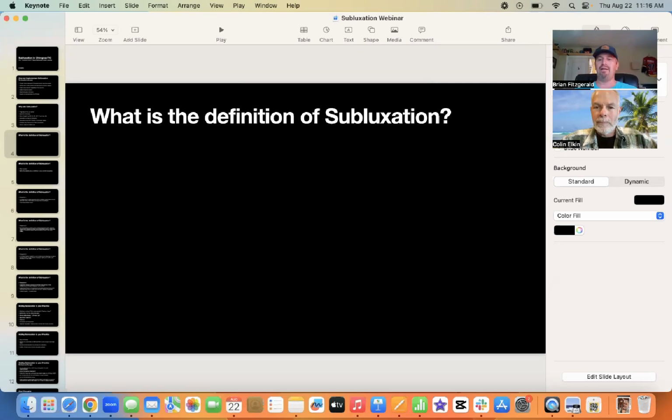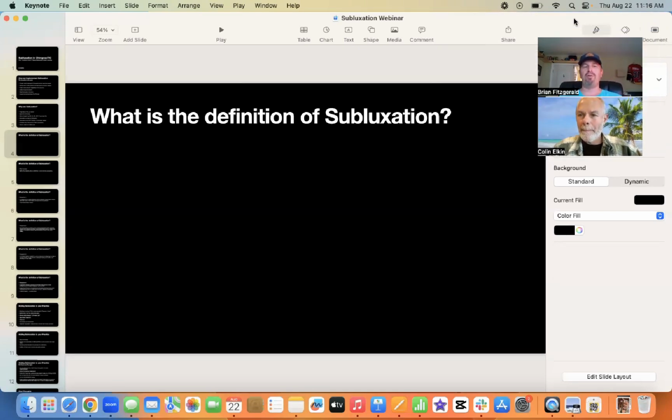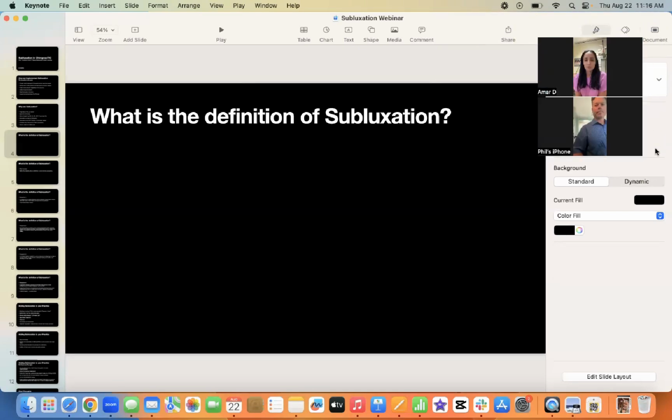So in that, I do give action steps. It's how to build this ability to understand it, to communicate it with team, with patients, to get that going. But if you guys want to go on based on what your definition of subluxation is, this will help in that first piece of how you communicate and how you deliver it to patients too. So let's hear it. What's your definition of subluxation?